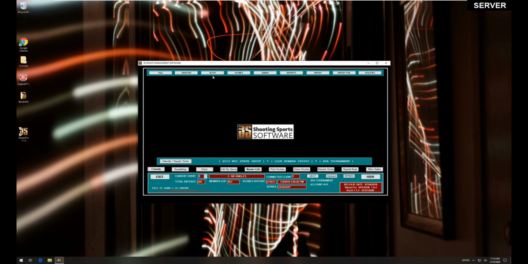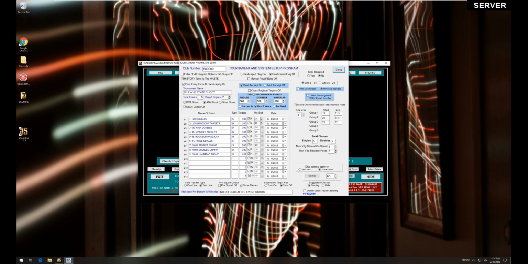Next up, I would like to talk about tournament setup. So here we have a couple of new options. We have our record check number and multi-shooter total and payment types option, and then we also have discounted targets apply to. So the record check numbers and multi-shooter total and payment types, what that does is after you're done